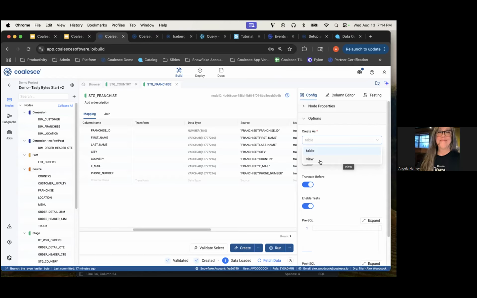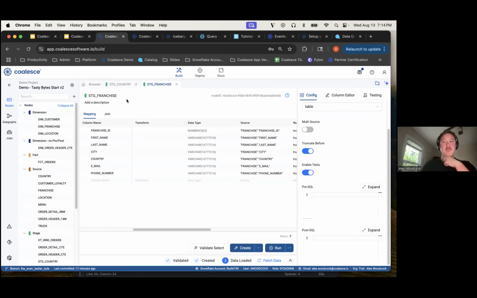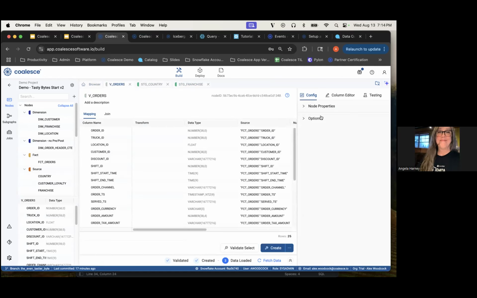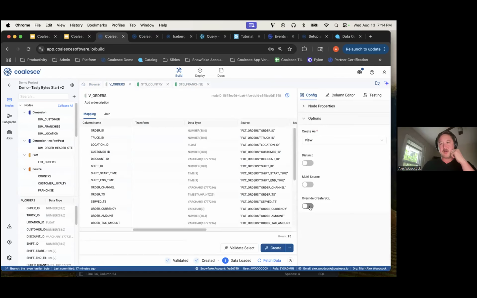Let's see. My next one is, one of the other things that you can do, and I don't know if it's, let's see, in the node type, there's an override SQL. I think you're thinking of a view. Oh, okay. Maybe in Options, this one here. Yeah, override create SQL. And so when you click that,